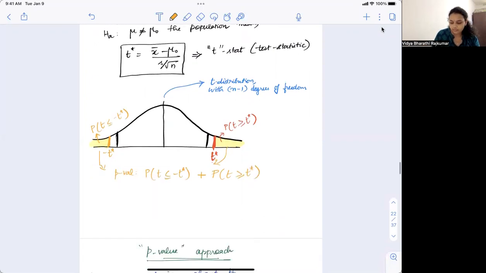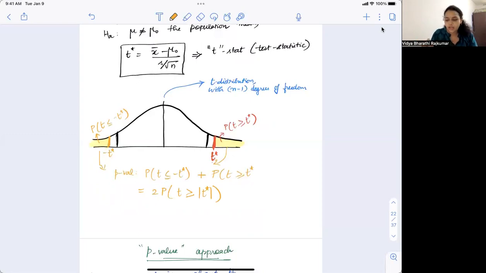In other words, p-value is 2 times the probability of t being greater than the absolute value of t star. So whenever you're computing a two-tailed hypothesis test, look for probability values on either side and add them up. Look for finding the likelihood of finding a more extreme value than t star on both sides, add it up,